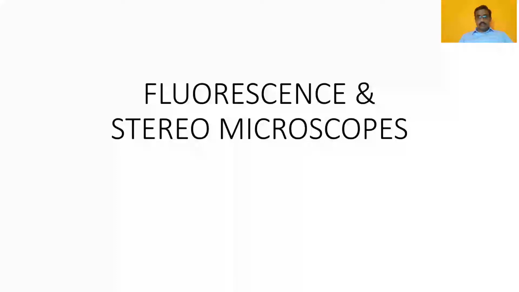Hello students, so this is another video lecture on fluorescence and stereo microscopes. In the previous chapters in this unit, we've been seeing some of the aspects of microscopes. We've learned the light microscope so far, which is commonly called the compound microscope, which had a light source, usually natural light, white light. It could be an electrical source, it could be a mirrored source, which projected light through some lens systems onto our sample, which is on a slide.